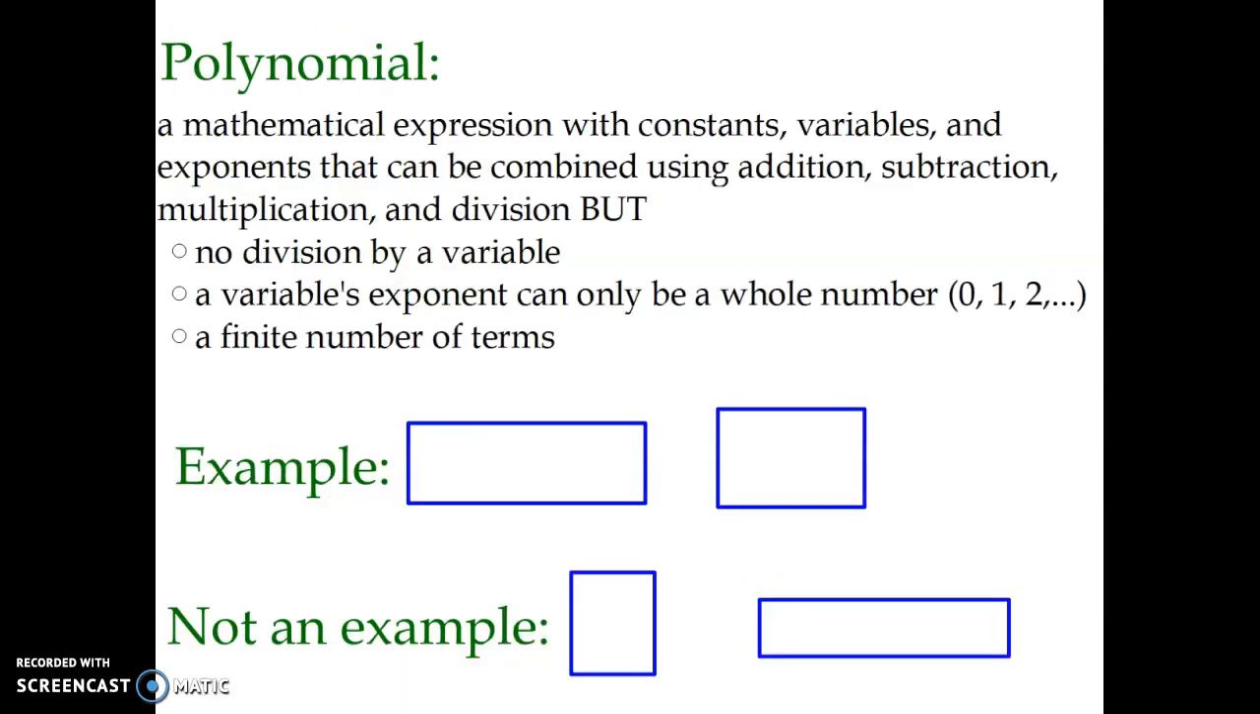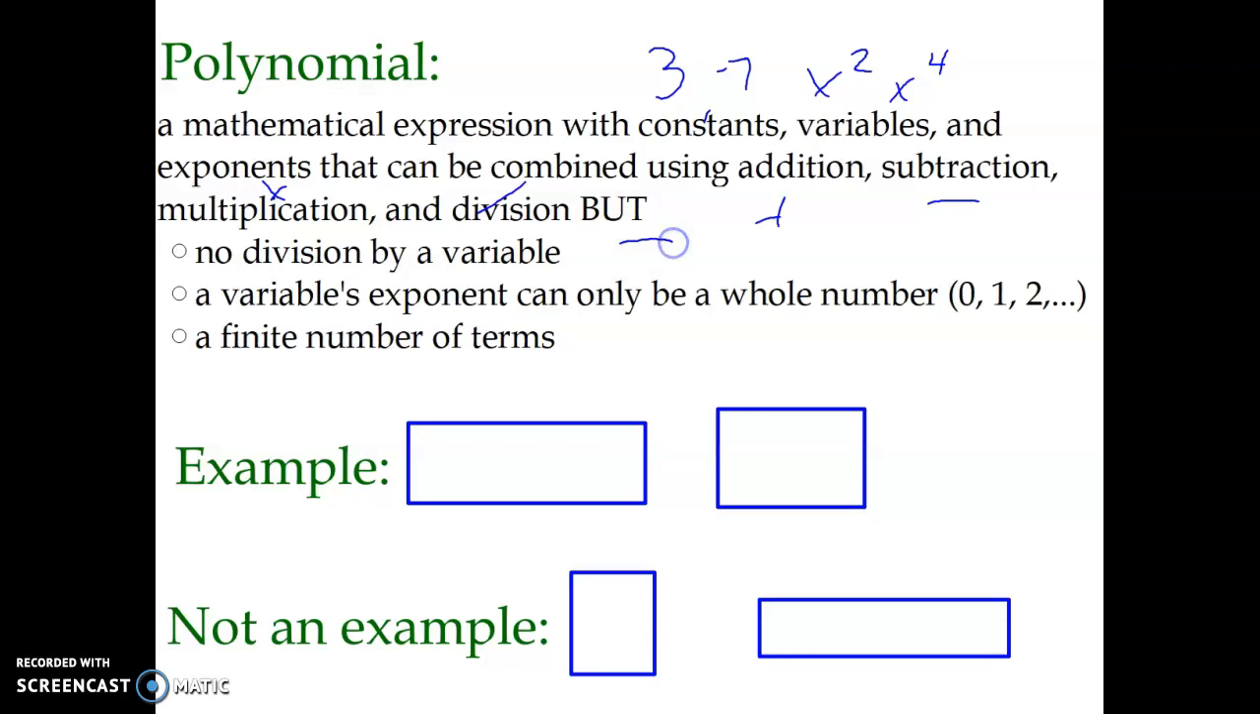So since this is a new unit, I thought it would be good for us to get a definition of a polynomial. So this definition is written at the top of your notes page. You just need to fill in the word polynomial there. And a polynomial is a mathematical expression. It has constants, which you remember constants are things that don't have a variable, like 3 or -7. And it also has variables. Usually we use x, but sometimes it has exponents on it, x to the third, x to the second, x to the fourth. And it can be combined using addition, subtraction, multiplication, and division, but you cannot divide by a